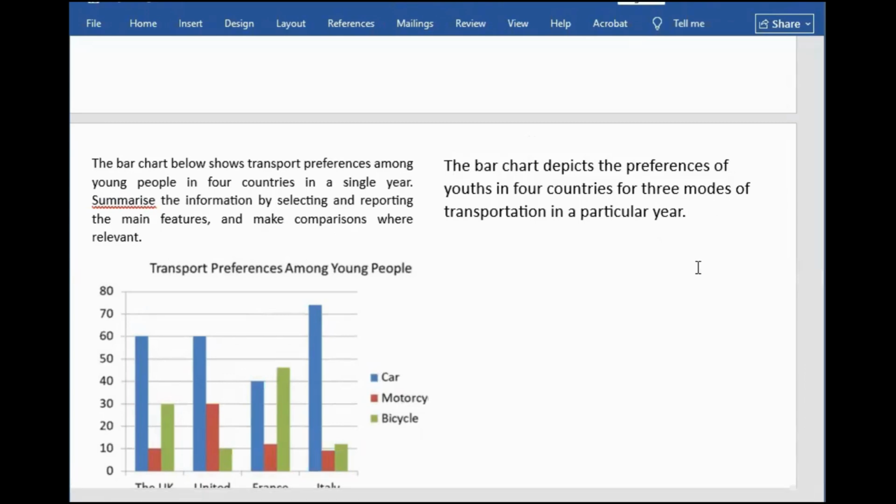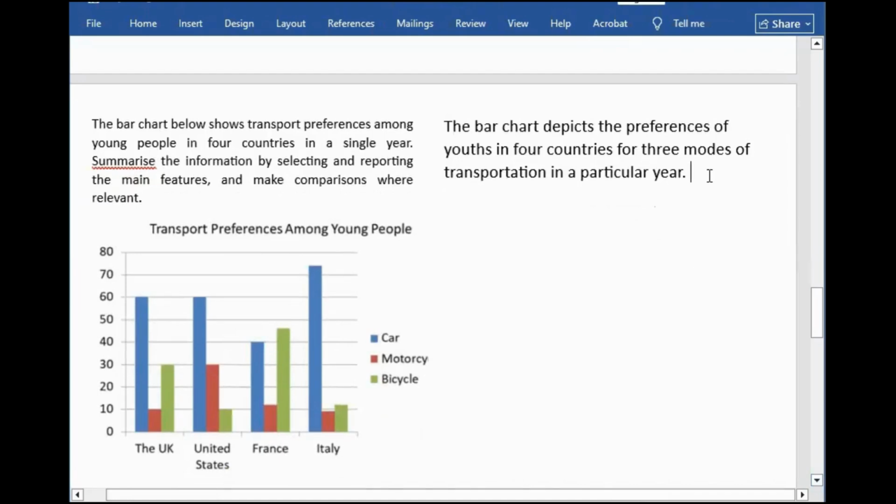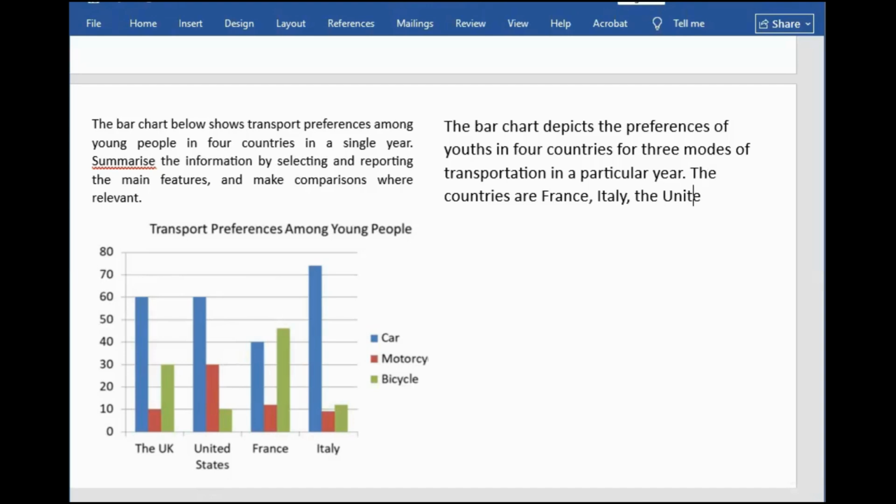Now, what is the next sentence? For my next sentence, I'm going to talk about the categories. Okay? So what are the categories here? We have two sets of categories here. The countries are France, Italy, the United States, and the United Kingdom. And the modes of transport, and the forms, I want to change it to forms. The forms of commuting